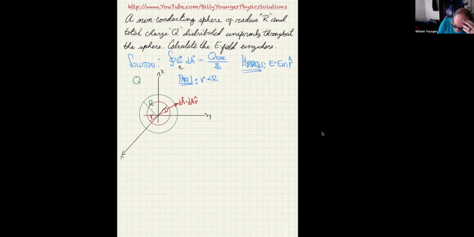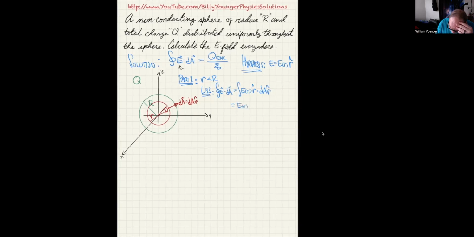So now I can write out the left-hand side of Gauss's law. The left-hand side says the closed integral of E dot dA. So that's going to become the integral of E of r r hat dotted with dA r hat, which you already know just becomes E of r times 4 pi r squared. Let me write that a little bigger. I'll go ahead and show the extra step this time: E of r,